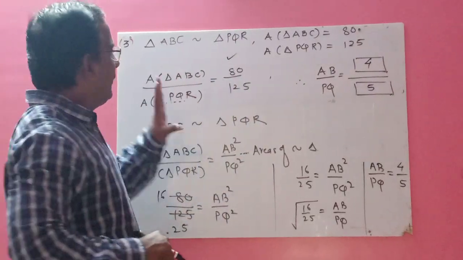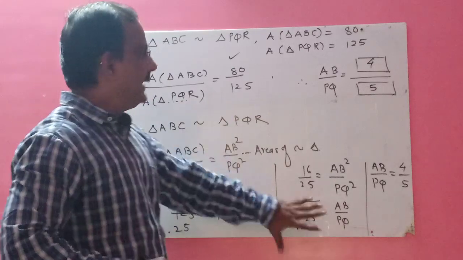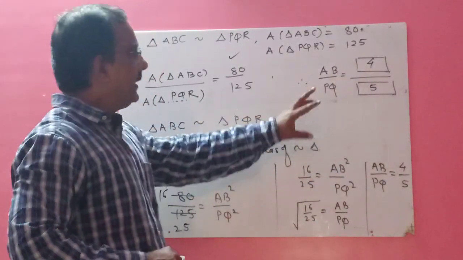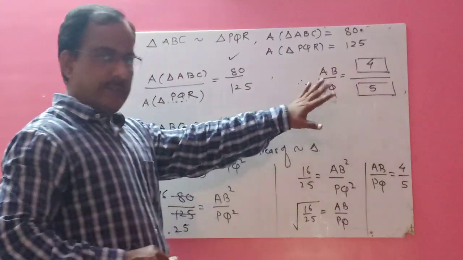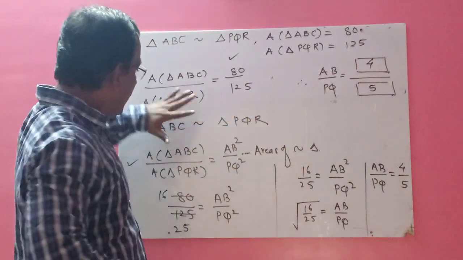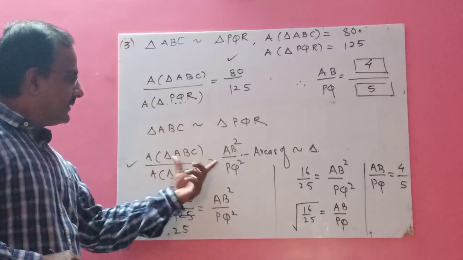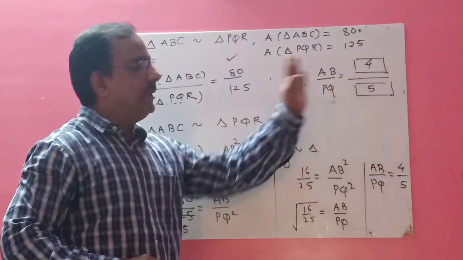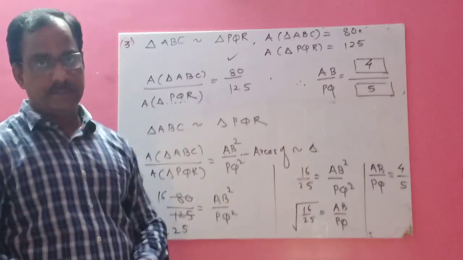In exam, if they will give you this, so just you write down all this part and then you fill this one. Okay? Don't fill directly this answer. Then also you will get answer marks. But what I am telling you, just solve this sum like this, which I have done, and then you fill here 4 upon 5. This is your question number 3.